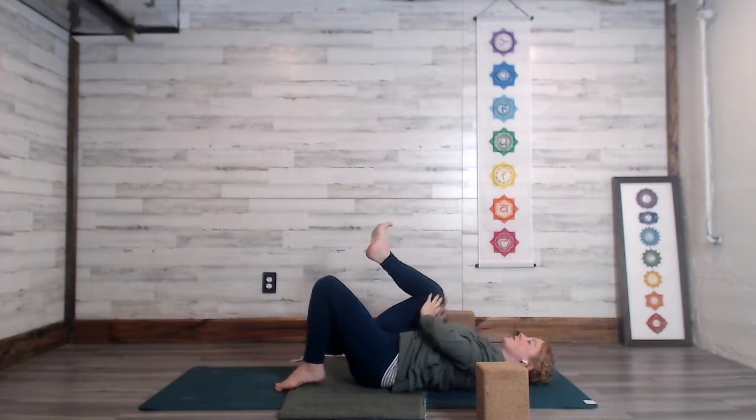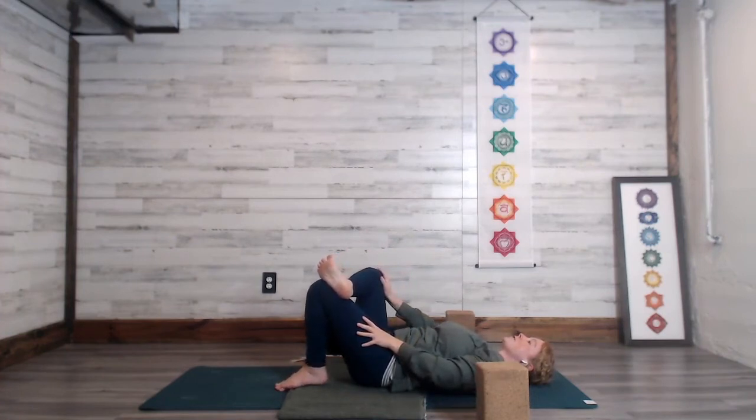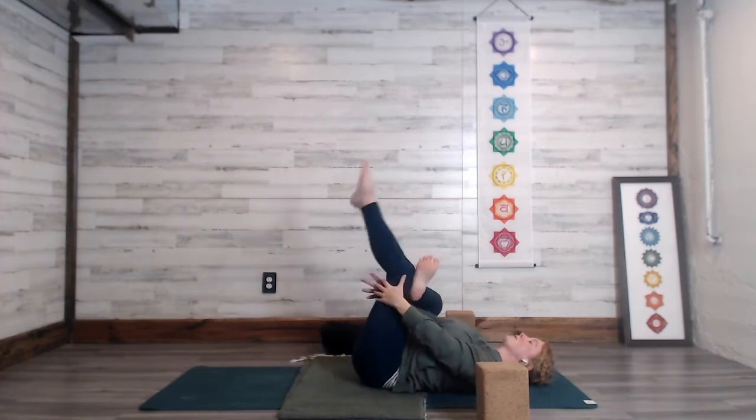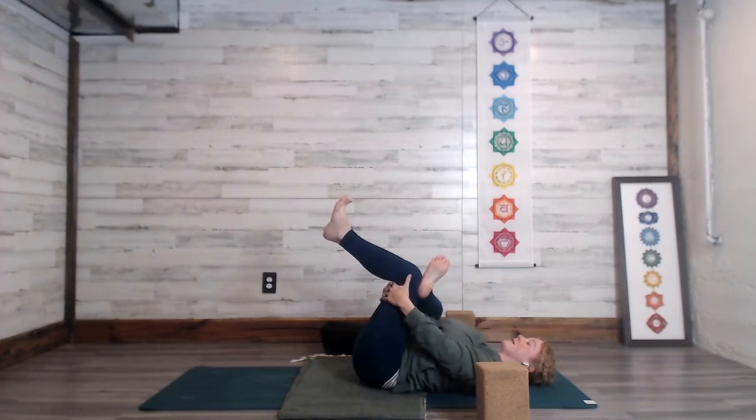So you're going to cross your right ankle over your left thigh, creating the figure 4 shape with your legs. You can always stay right here, or pick up your left foot so that the shape of your legs comes in toward your body, and you hook your hands behind the back of your left thigh. And then we'll hold here, and we'll take a minute